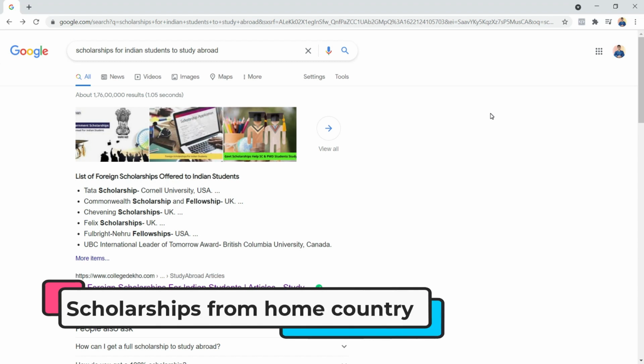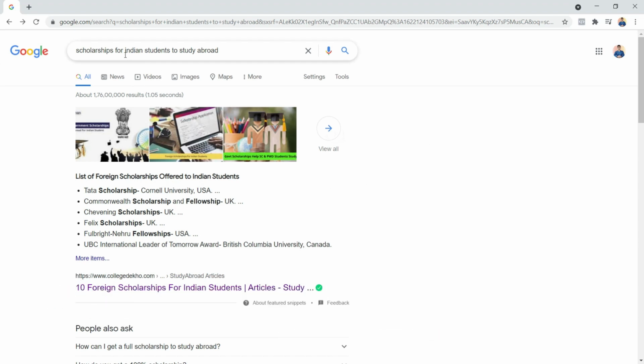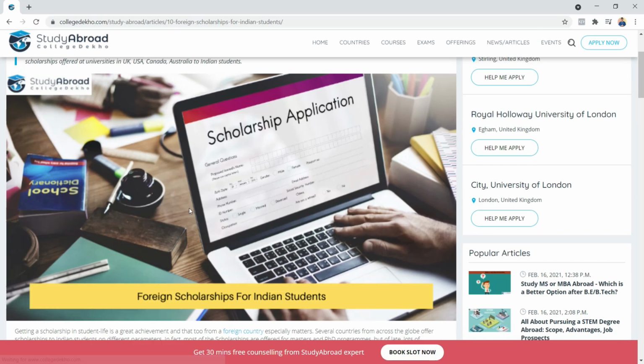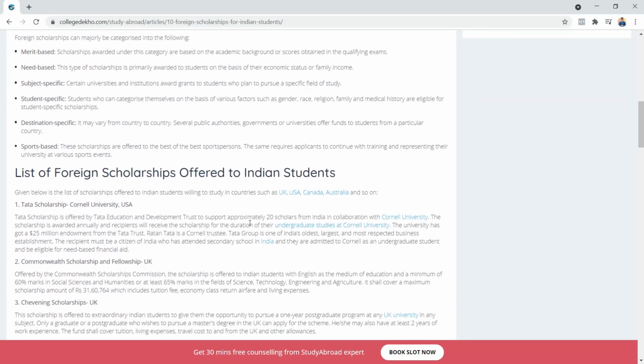Okay, so on to the second method. The second way is to search for scholarships from your own home country, right? For example, since I'm an Indian student, I Googled scholarships for Indian students to study abroad. Now there's a ton of scholarships given by the Indian government, by companies in India, and all these different organizations for Indian students, right? For example, look, there's a Tata scholarship given by the Tata company for students applying to